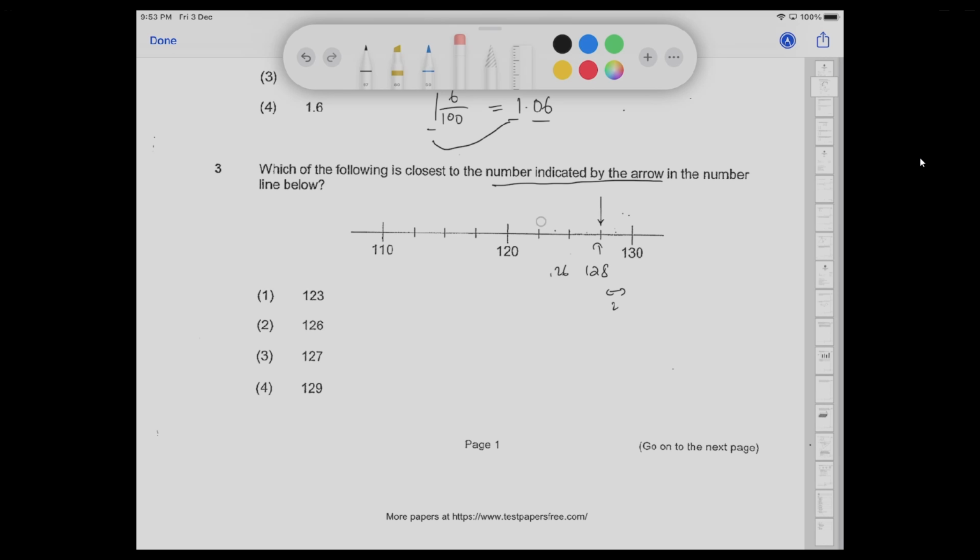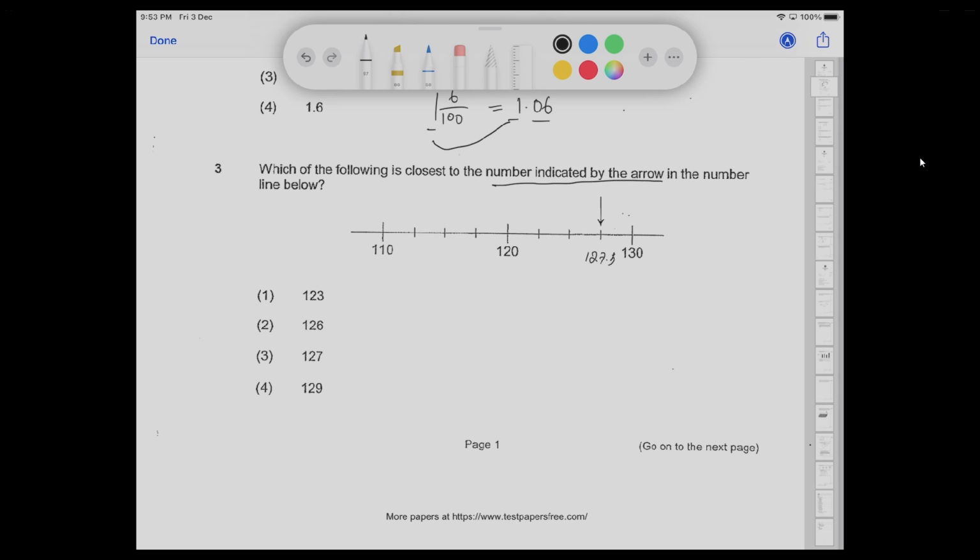So instead, we go and try 127. The space is 3. So here will be 124, 121. But that also doesn't fit because the difference is only 1. So we also know it can't be 127. So what's in between 127 and 128? If you do such a trial and error, you'll find that it's